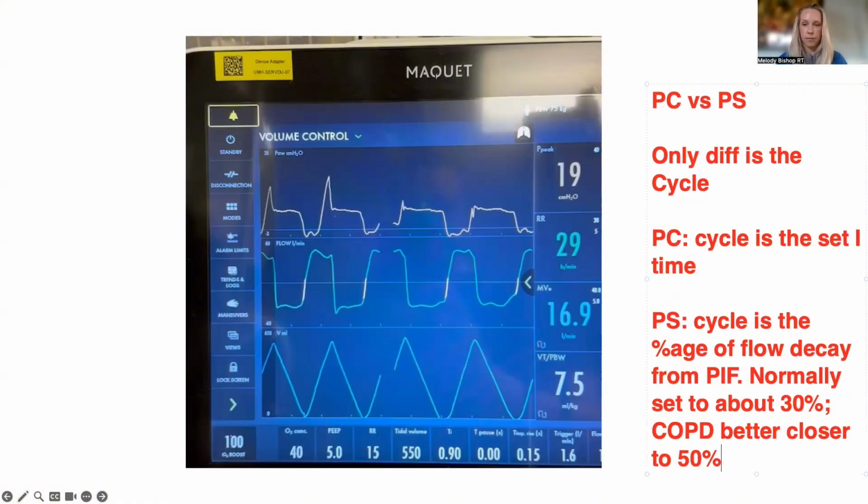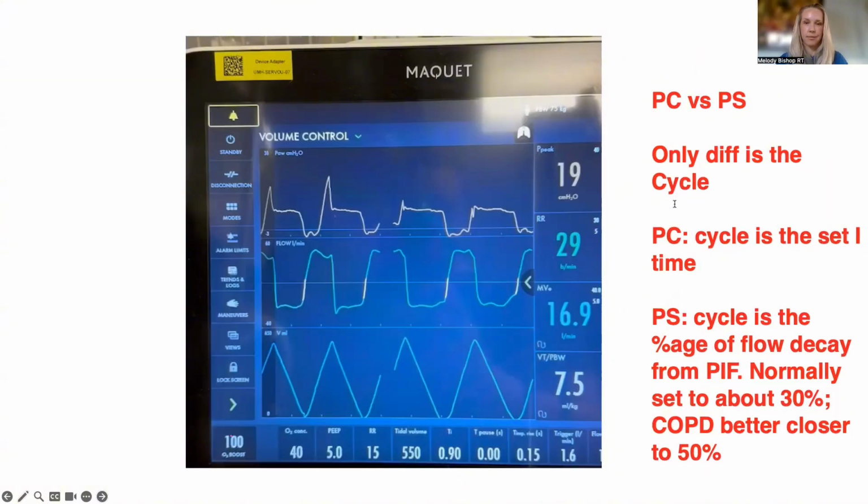Now, Melody, let me ask you a second question. If I have a patient with emphysema who's on pressure support and I set that cycle decay to 10%, what could I possibly cause? You'll end up having cycling dyssynchronies. Like absolutely you will. And cycling dyssynchrony can be present in multiple different ways. I'm definitely going to be hitting on this a lot because I think pressure support is so poorly misunderstood.